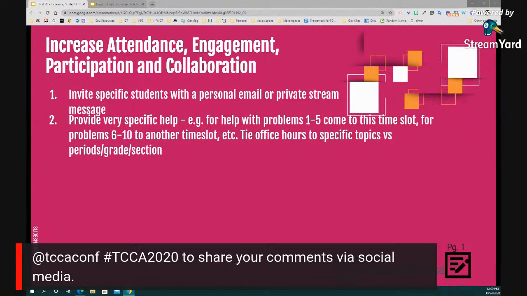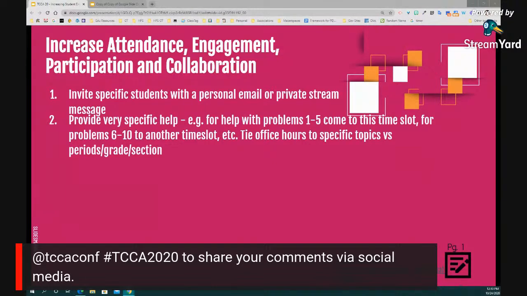And then we've all had office hours where the turnout hasn't been that great, right? And you're just sitting there, just waiting because that's been your office hours. So maybe make them more specifically focused. Start by saying maybe like, hey, on Tuesdays, we will be reviewing problems 1 through 5, right? And when you say reviewing, you can say to kids like, hey, if you need a little bit more assistance, or actually if you want to come and check whether you're on the right track.